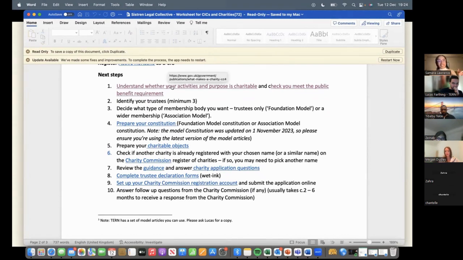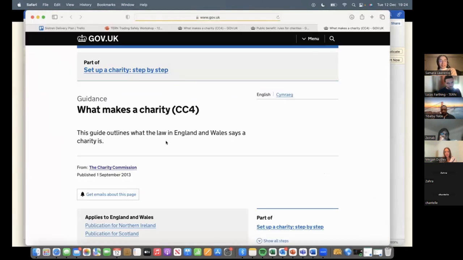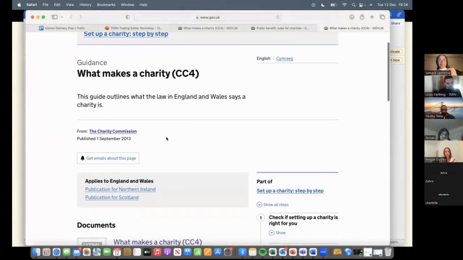And what I've done here is link to two, and the Charity Commission, as I mentioned, is the regulator for charities in the UK, and they actually provide lots of guidance on how you set up your charity and key things to think about. But often it's about knowing where to find that information. So hopefully what I've done here is link to the key bits of guidance that can help you to navigate setting up the organization. So I'll just click on the first one here, which is helping you to understand what is a charity.